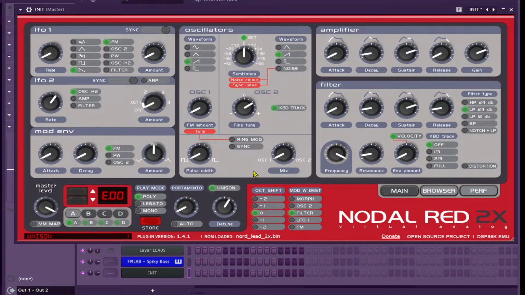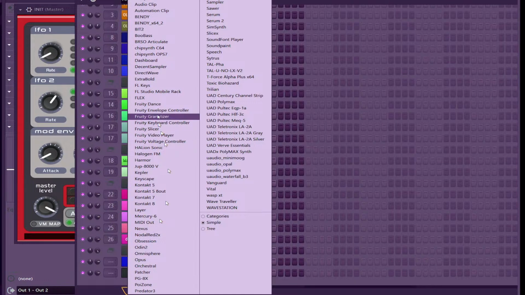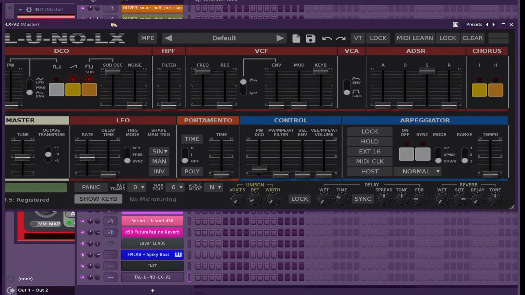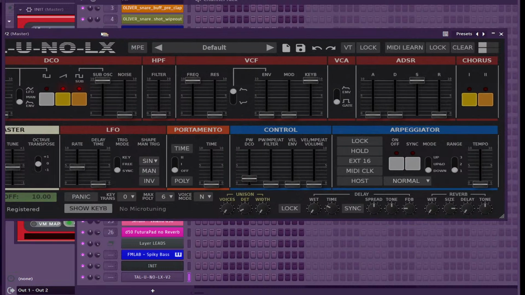I think it sounds amazing. I think it's perfect. You don't need a big chorus. That's the thing with the Juno 106, right? And I like the Juno 106. Let's use a Kepler here. No, forget that. Let's use a TAL-U-No-LX. I love the Juno 106, right? It's an awesome synth. But